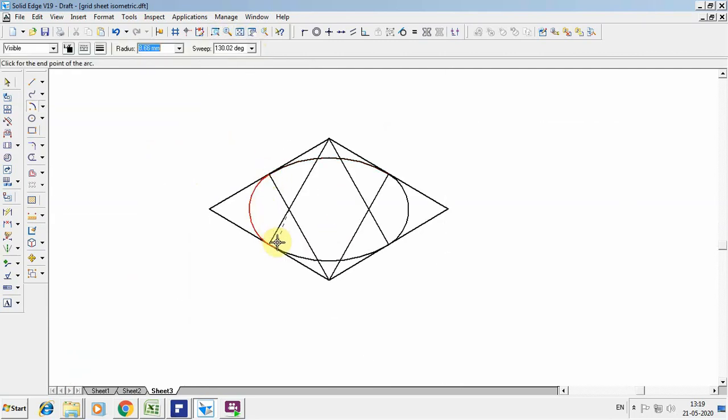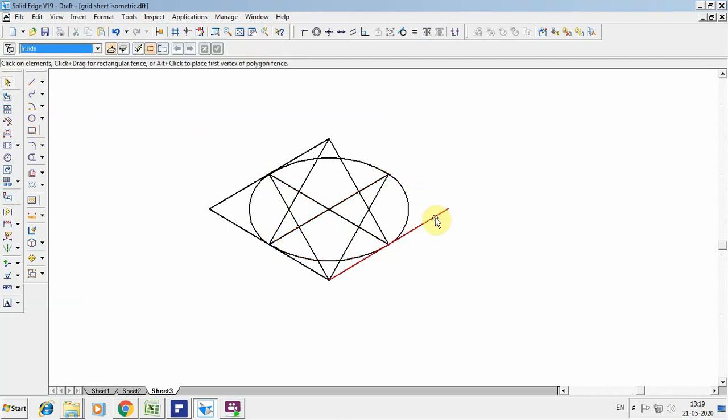So take the arc and draw the arc. So again, same way, I want to create the center point by joining the opposite sides of the center point. So I'll go for trim option and trim off all the unnecessary things which you have taken for the construction.